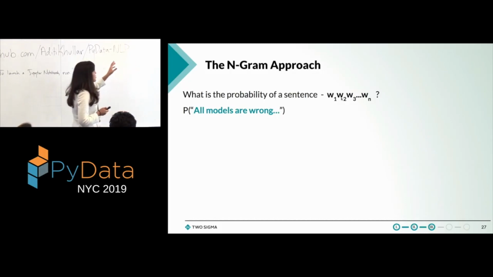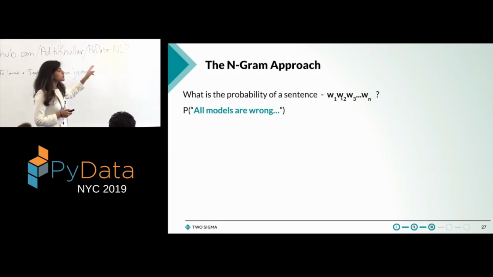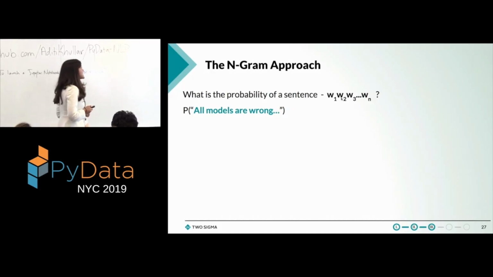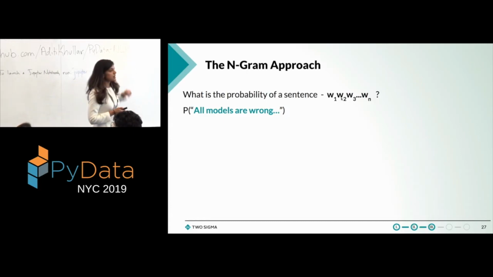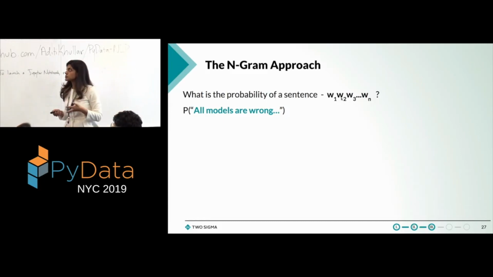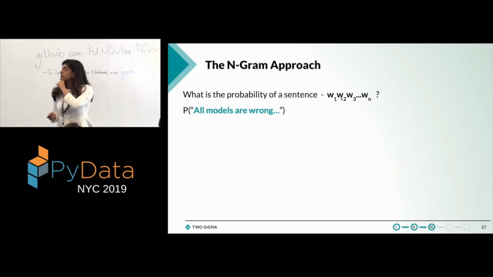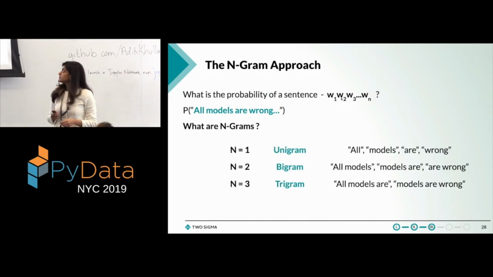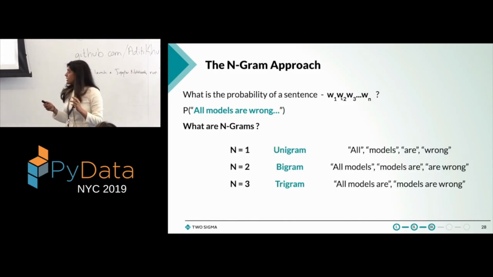As with any language model, an n-gram language model is also trying to predict the probability of a sequence of words. So going back to our sentence that we've been working with, let's try to figure out how n-gram language models would work if they're trying to predict the probability of all models are wrong. Taking a step back,